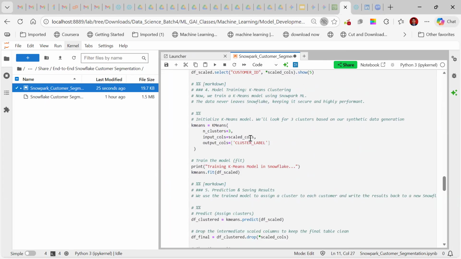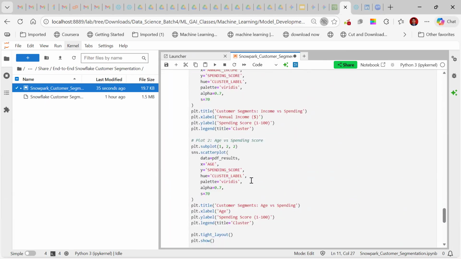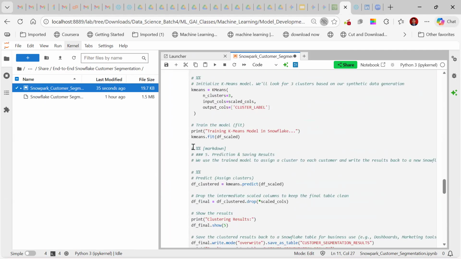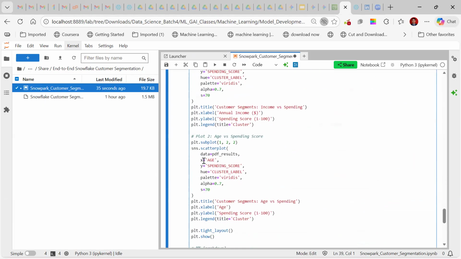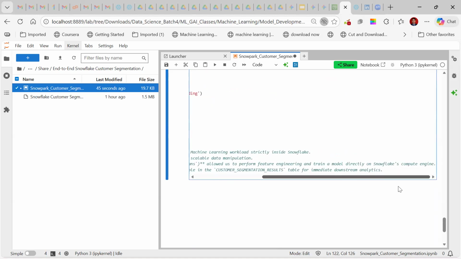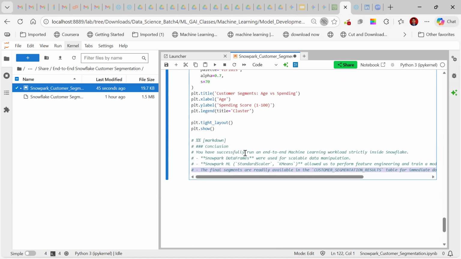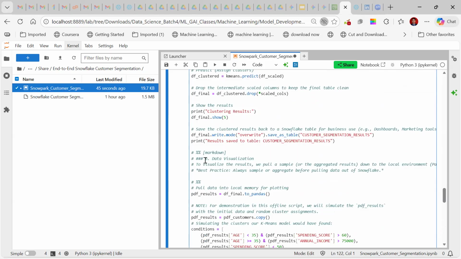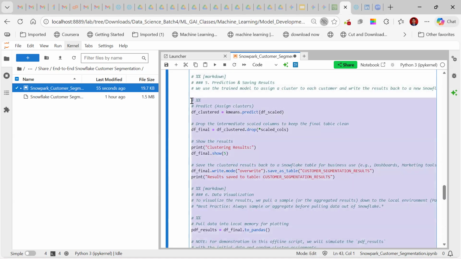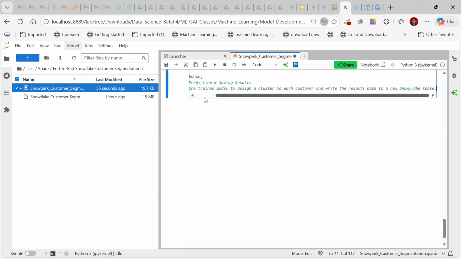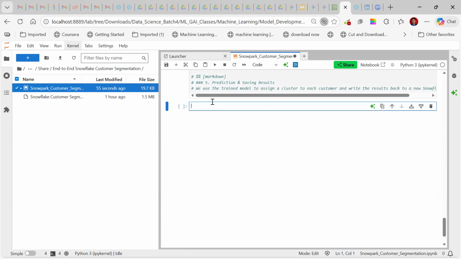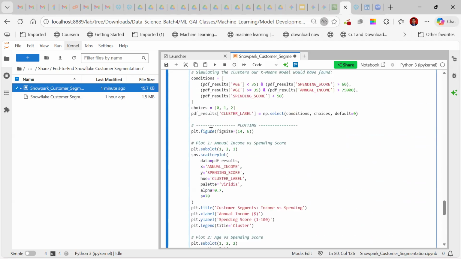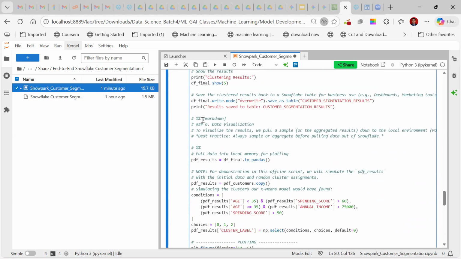Now let us go with, where is the visualization? I'll go to separate predictions. Here we'll also try the visualization separately.